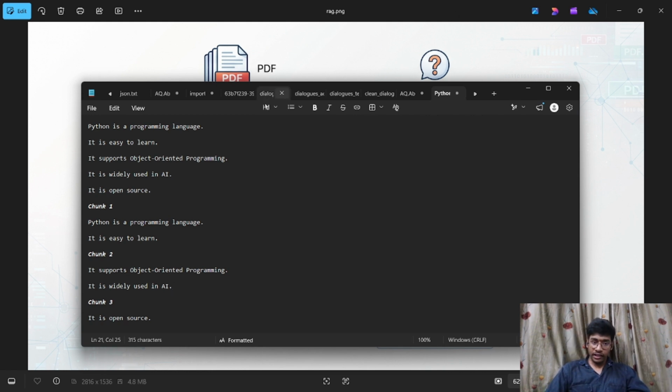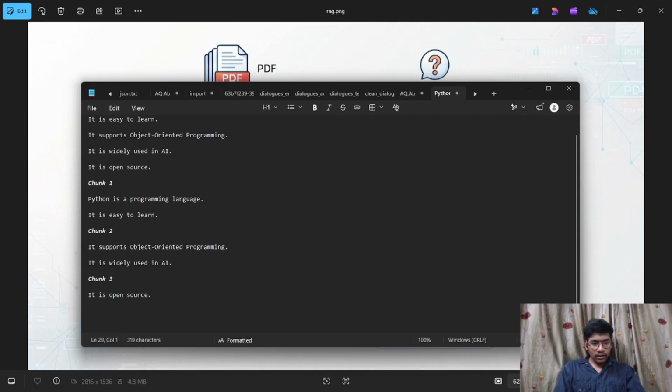Okay, it's clear. Now let's talk about chunk size. So we all know what chunking is. It's dividing the content, making a particular document into pieces, right? So how does this chunking happen? Because of chunk size. Let's talk with an example. Suppose we have a chunk size of